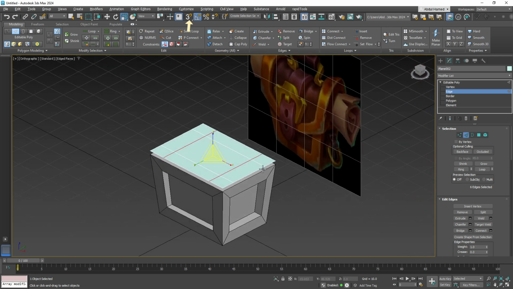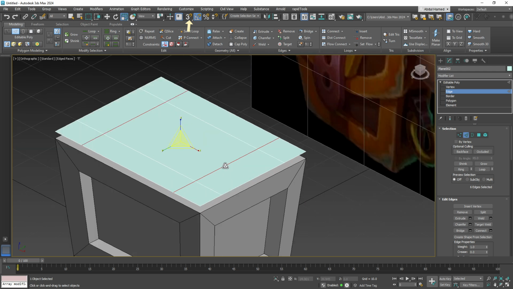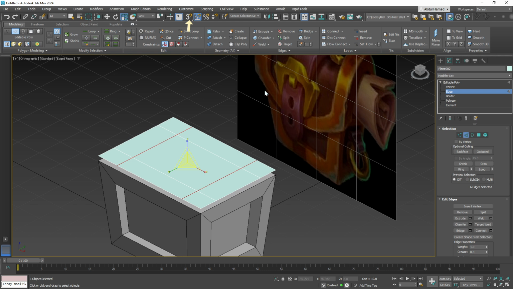And now we can see it, if we want to make that curvature a lot smoother, so we will need to be adding segments right across in the middle, and for the pull down right here also we need to add a bit more segments vertically. So let's do that. So how do we do it? We select one edge and press ring, and once we do that we can make connect, and let's add